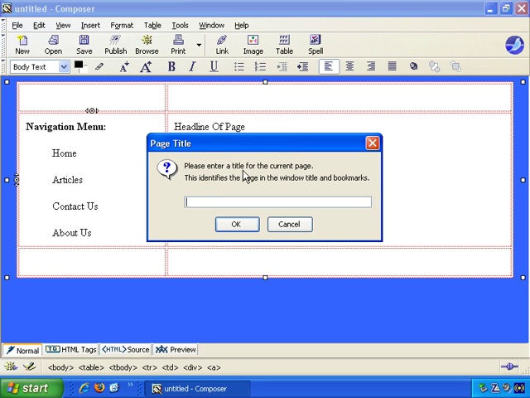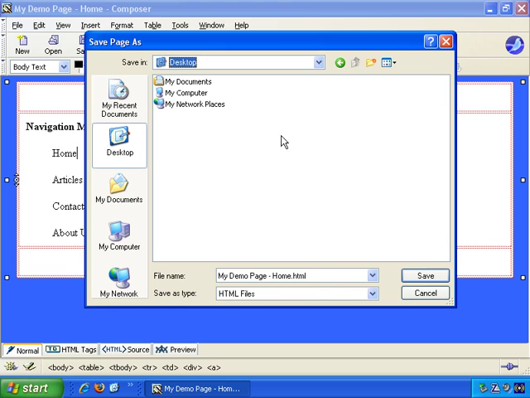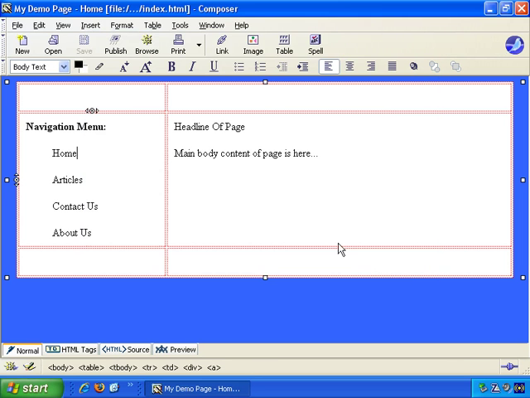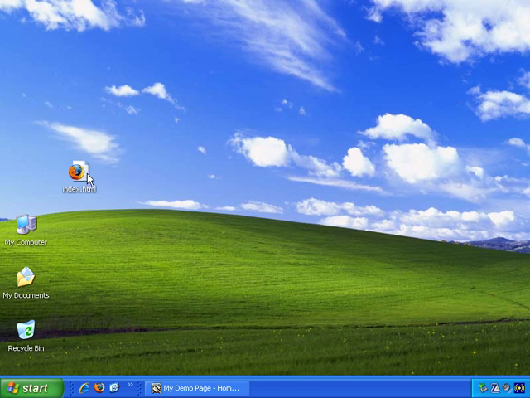And we have to specify a title for the current page, and the title is the text that appears here, in this bar within the web browser. This bar is called the title bar, so that's where the text appears. So let's make it relevant. Let's just call it My Demo Page Home, because this is going to be our front page. So, okay, and let's save it to the desktop, and we're going to call it index.html. Okay, index.html, and save. Okay, that's done, and if we go to the desktop, there's the web page we've just created,